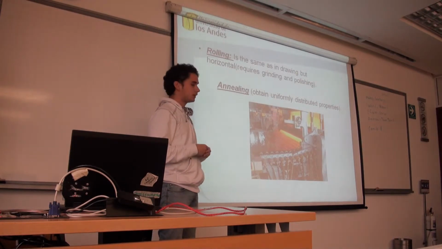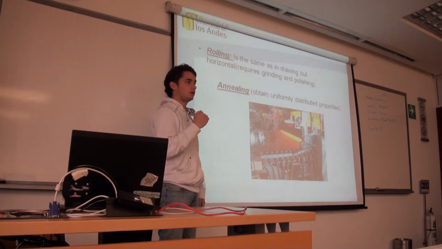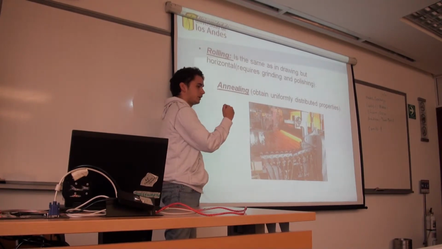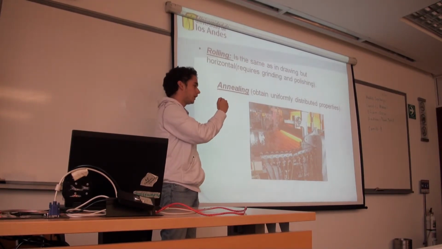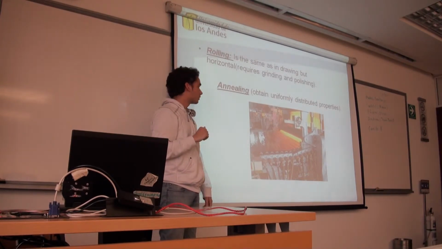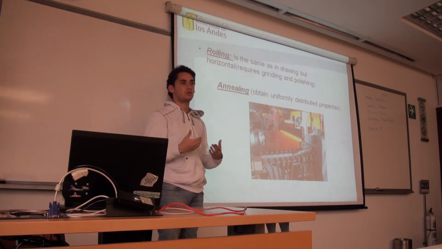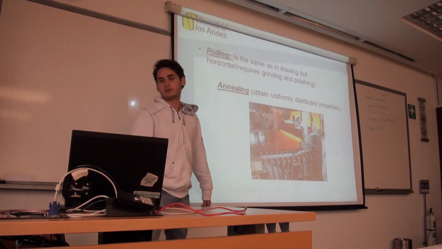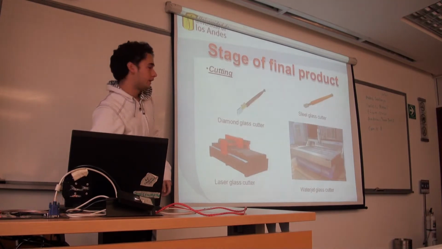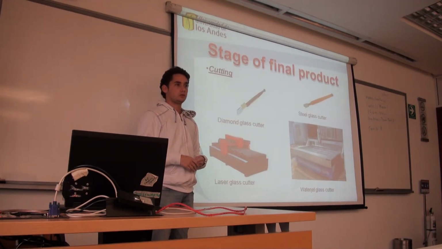So the process basically is to take the glass to the annealing temperature in a furnace. You hold that temperature for a while, and then you let it cool very slowly. What you get is a glass that is stronger, per se. Then, at some stage, you will need to cut the glass,